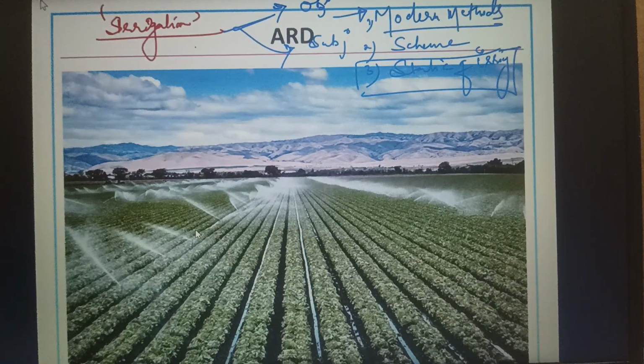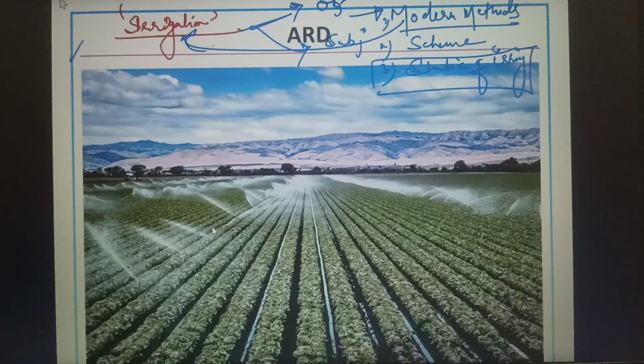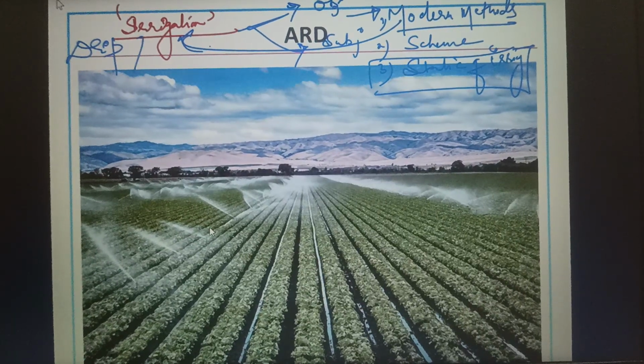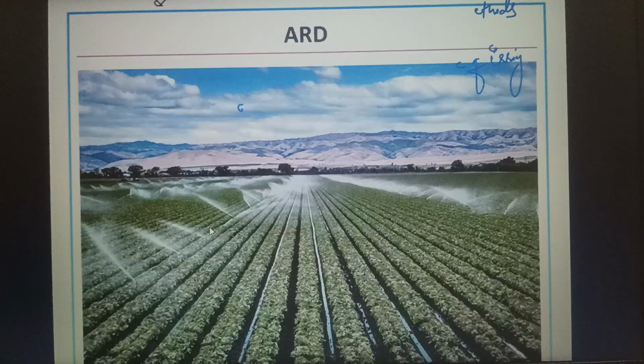When I say modern methods of irrigation, I think the message is clear to you. It means drip irrigation, sprinkler irrigation, this sort of question they are asking. And in the subjective also, they are asking mainly questions from the modern methods of irrigation, that is drip and sprinkler irrigation, where we can apply the concepts of irrigation for sustainable agriculture. So this overall message you have to keep in mind when you start reading the notes. We will not be delving too much deeper into the other related areas.